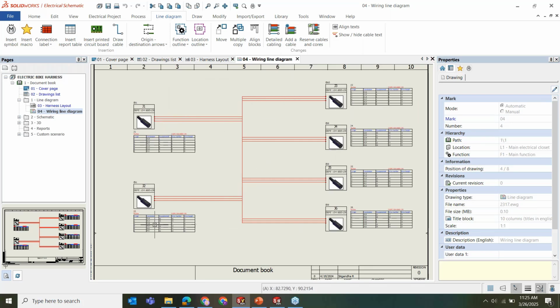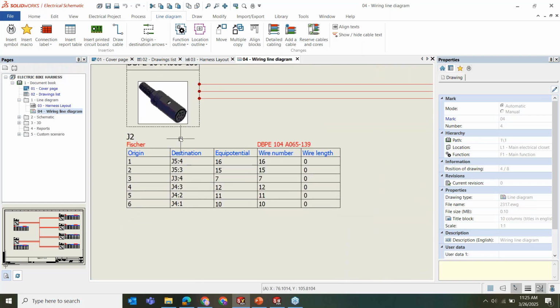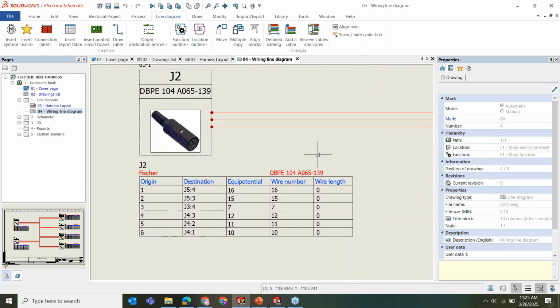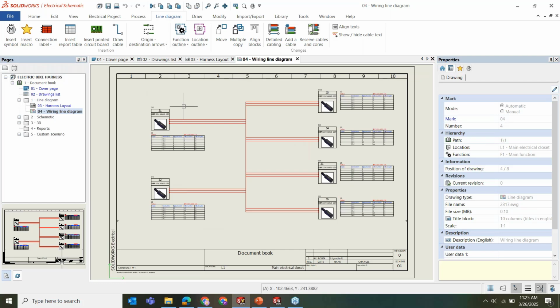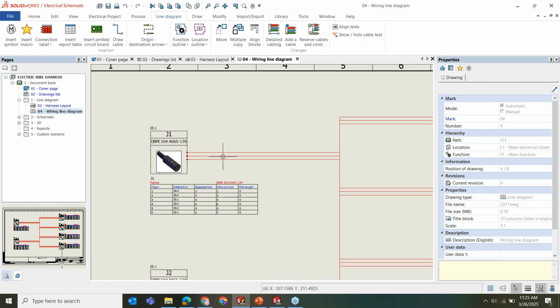Okay, so you can also see that we have a dedicated table for the connectors as well, where we have origin, destination, equipotential, or you call it a wire. So wire number and the wire length. Right now there is no wire length specified, so that is why it is represented as 0. Now, if we are going to understand this particular symbol,